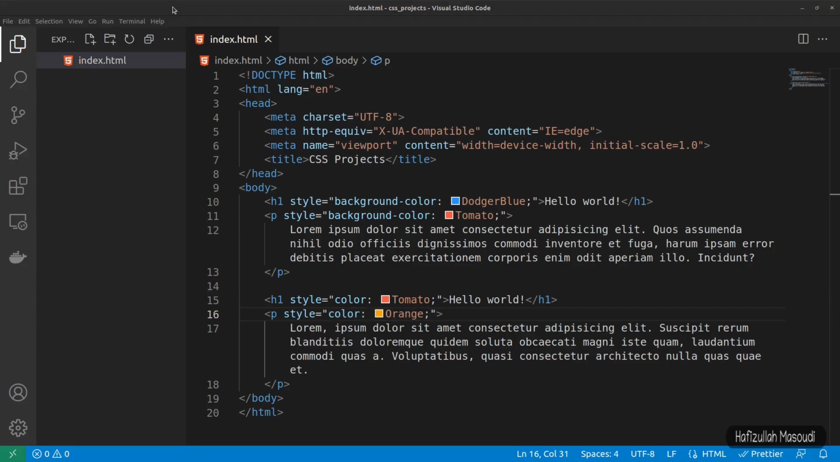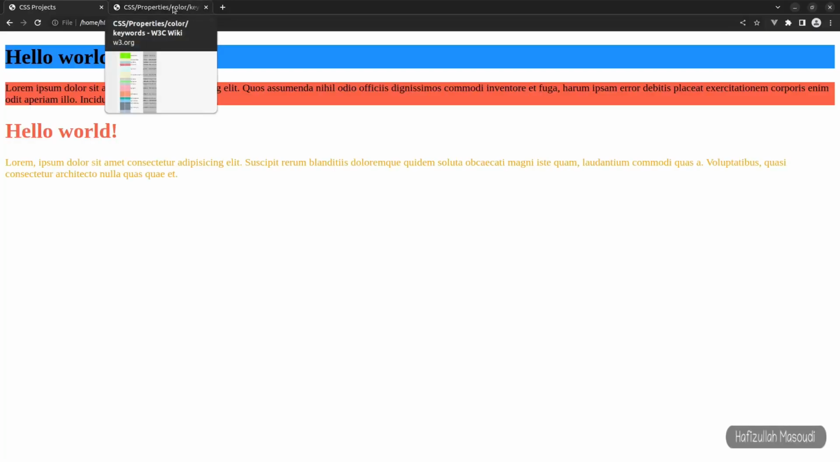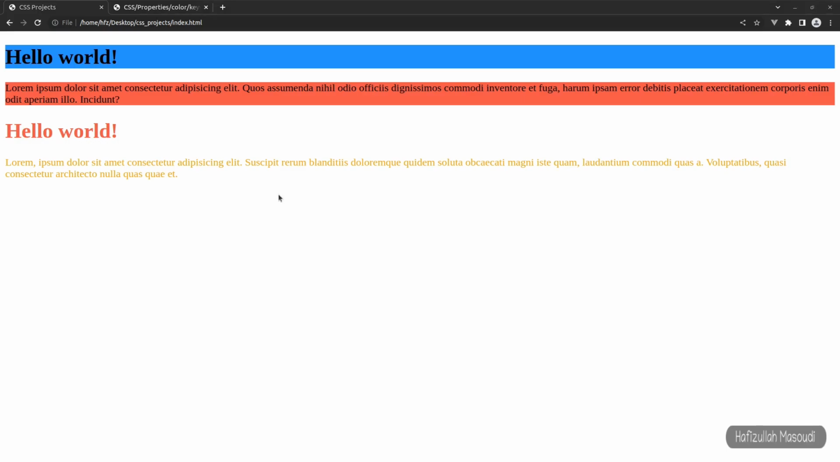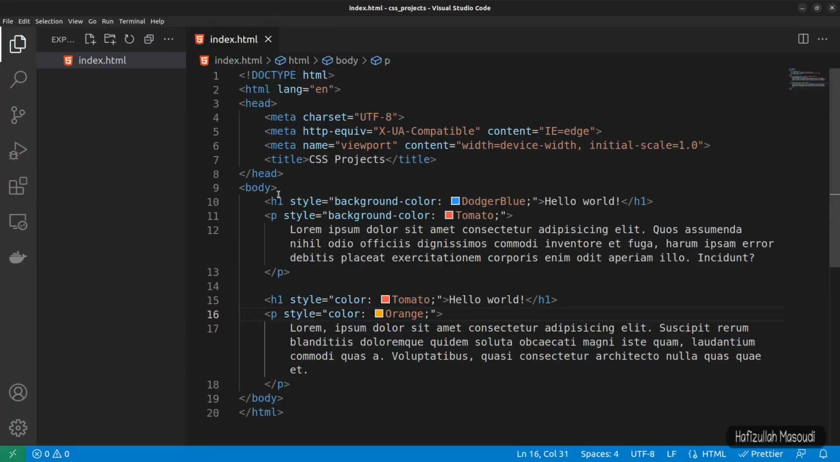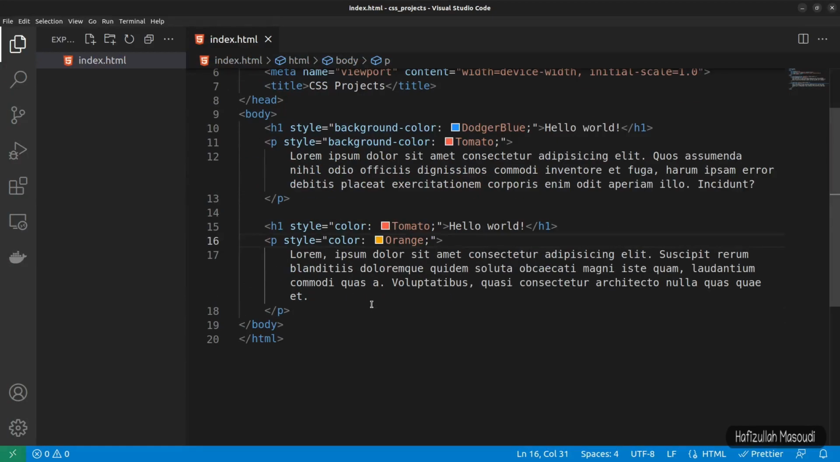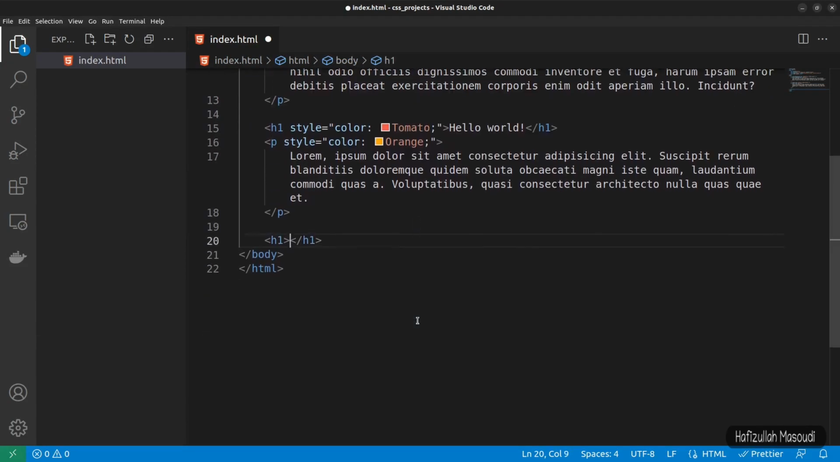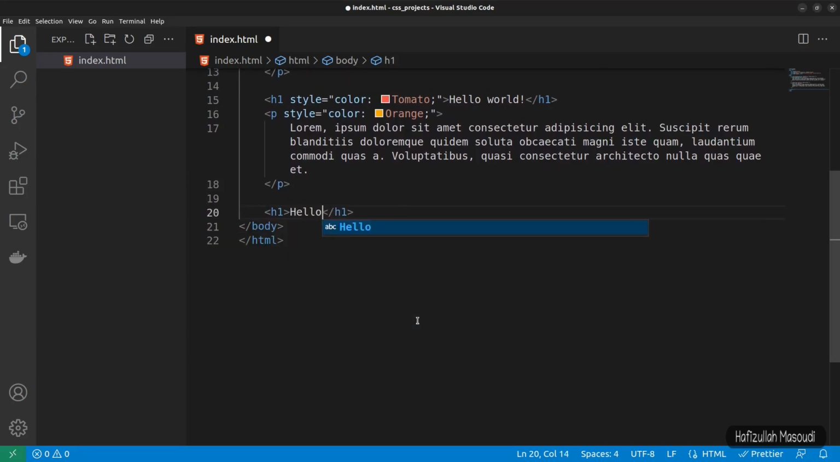Now let's save this, get back to the browser, refresh. Now you can see we can also give color to the text. Now next up, we can set the color of borders too. So to show you this one, let's get back to the Visual Studio Code, and in here what I will do is I will create another h1. So let's create another h1, and for this one let's say hello world,